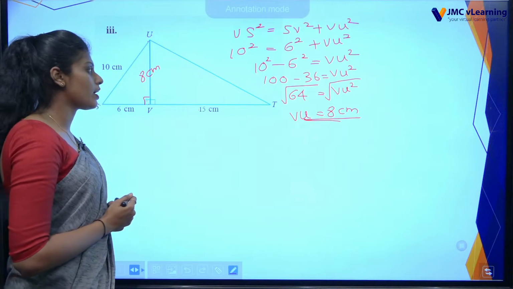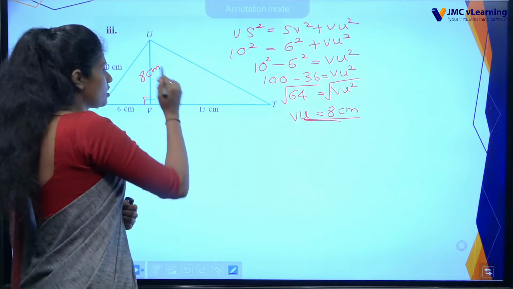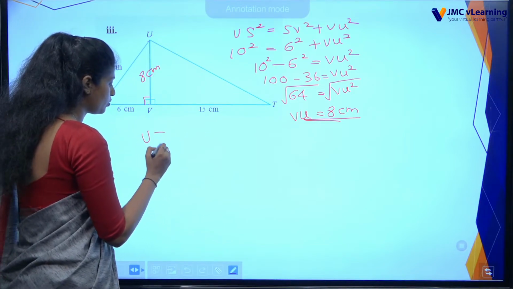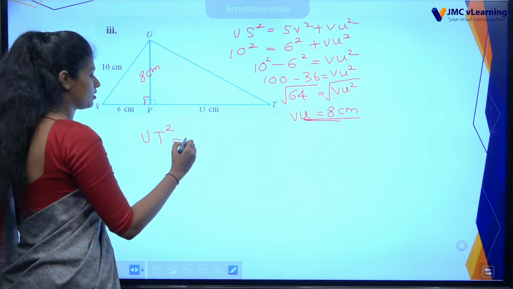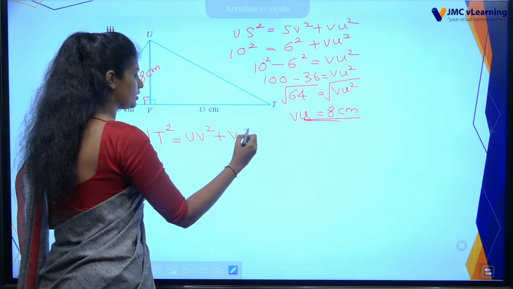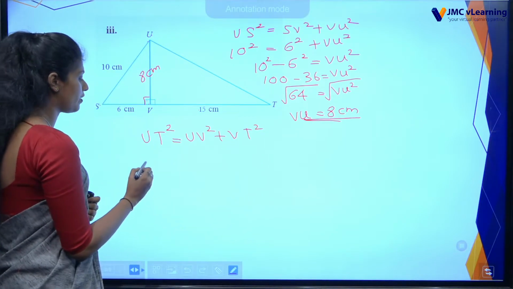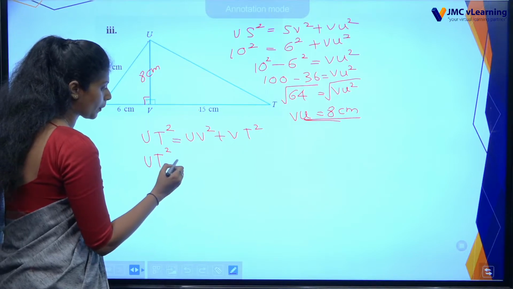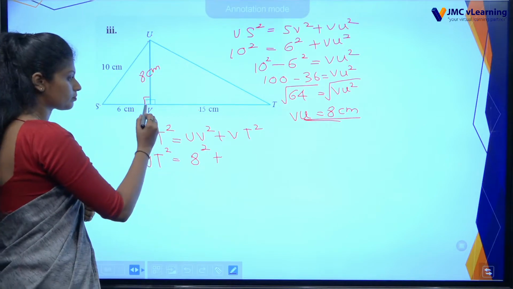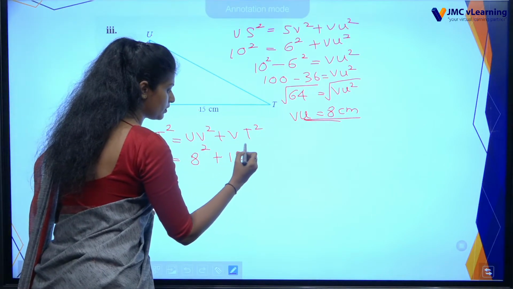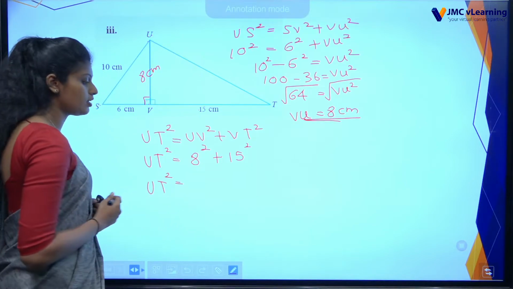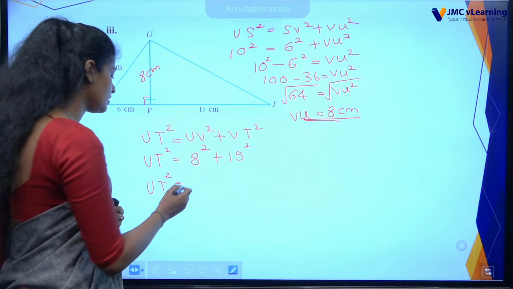UVT is a right angle triangle. So, what is the hypotenuse here? UT is the hypotenuse. So, let's write UT squared is equal to UV squared add VT squared. We have to find the answer for UT. UV length is 8, so 8 squared add VT is 15 squared. So, UT squared is equal to 8 to the power 2, it is 64,